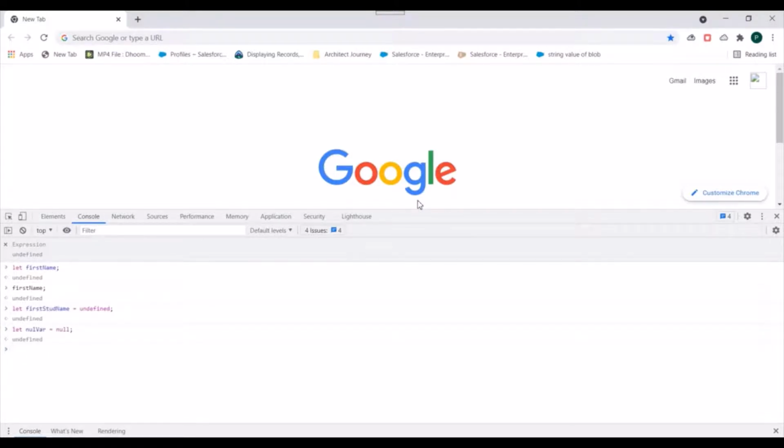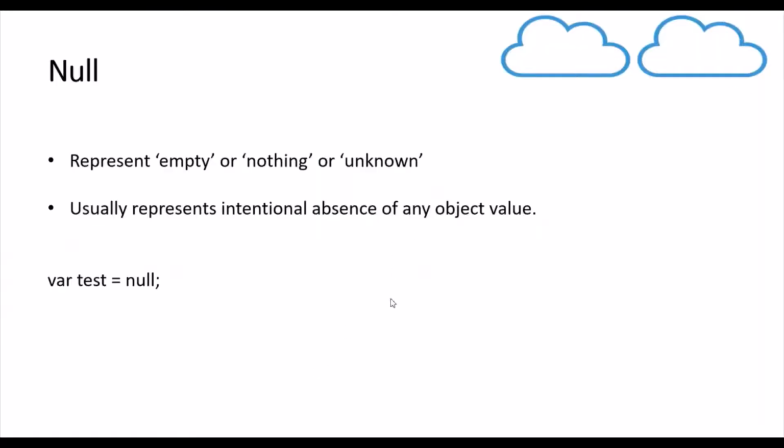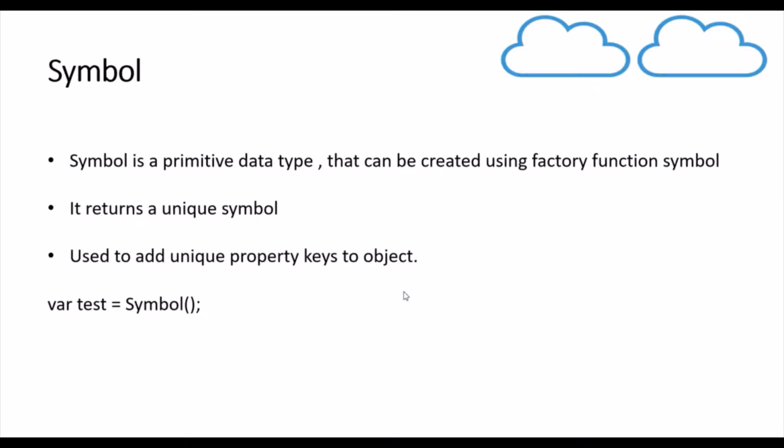And later on we may go on to change this value based on certain calculations, and then further in our program we can apply a condition to check whether this value is null or not. So if it is null, we will not go inside this code and we will not process further. Correct? So that's a null value in JavaScript. Next we have symbol data type.